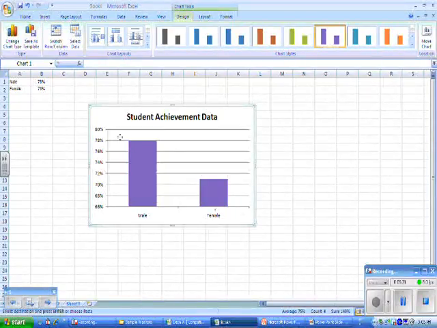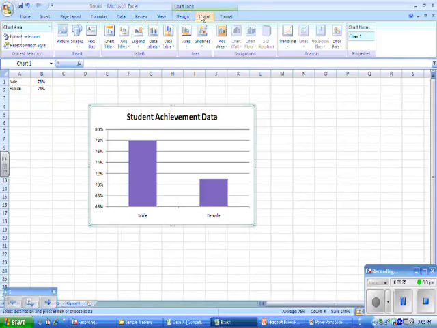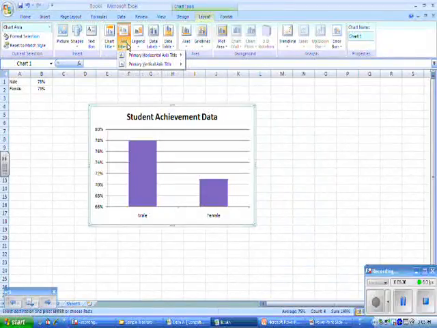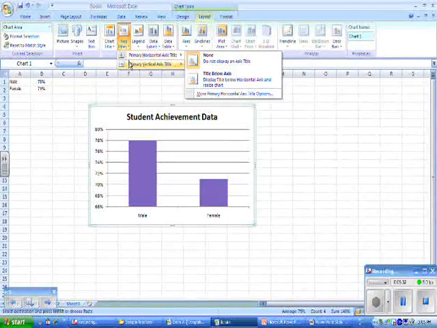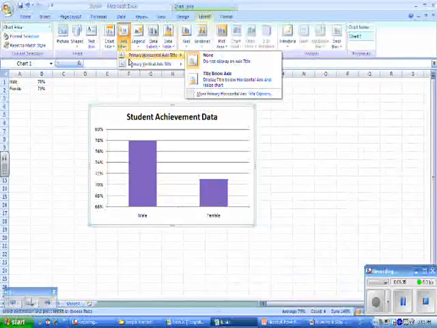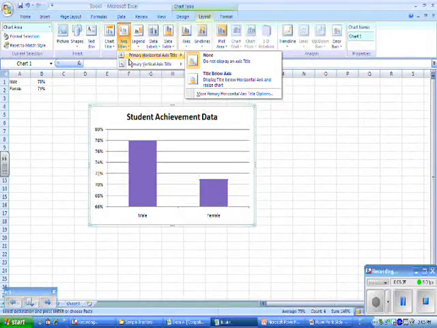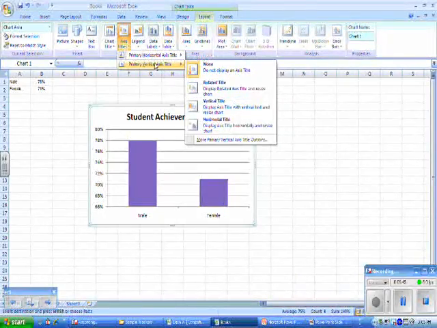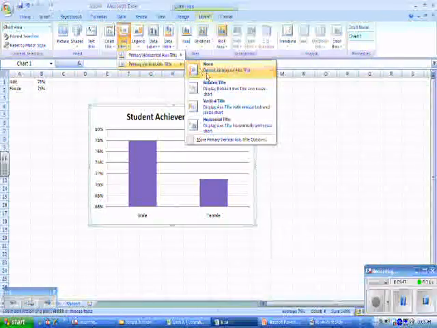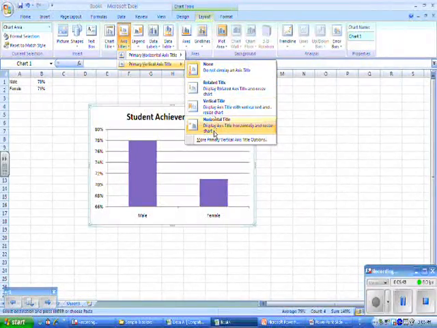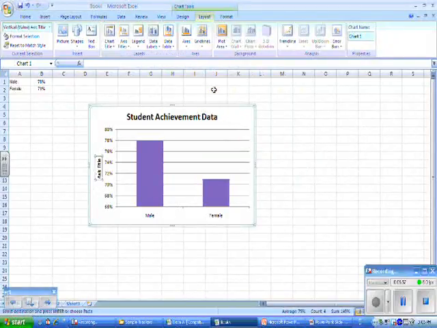Now you'll notice we don't have a label on our y-axis, so when I go back here to layout, next to chart title, I also have the option for axis titles. And we have the horizontal axis title and the vertical. You can still add a horizontal axis title onto this chart. However, it already says male and female, so it's pretty self-explanatory for anyone viewing your chart. However, the vertical axis title isn't quite as obvious. And you can choose to do any of the above. Again, it gives you multiple options. Rotated title is going to go sideways. We're going to call this